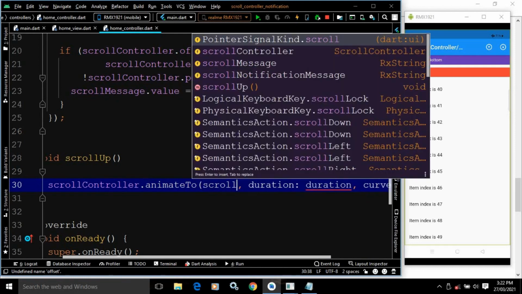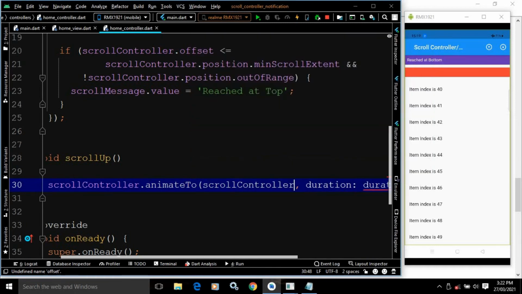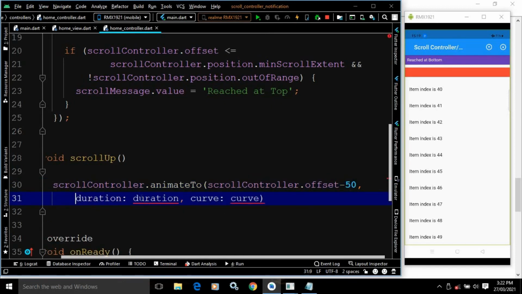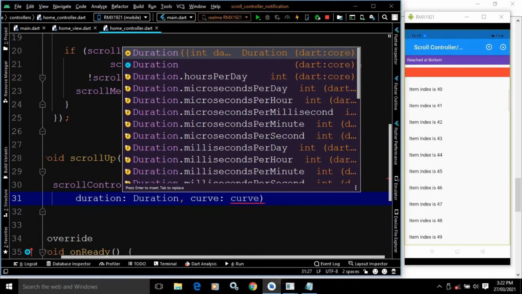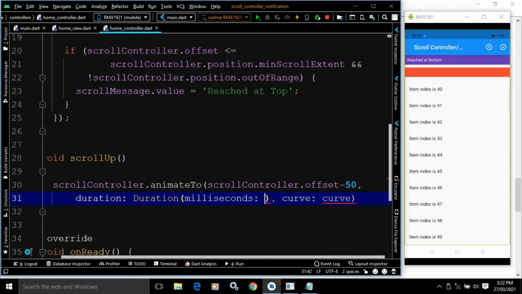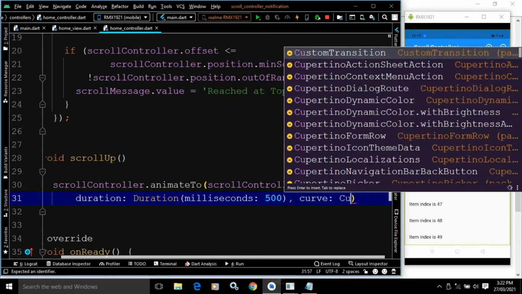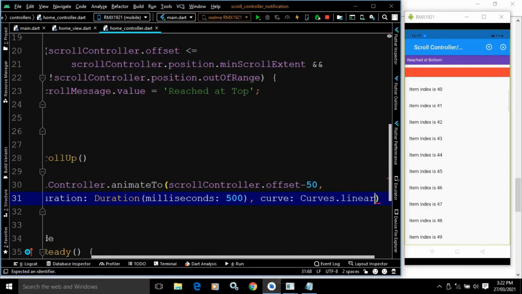So here I am writing scroll controller dot offset minus, by how many pixels you want to scroll up. So here I am specifying the pixels as 50. In the duration I am specifying 500 milliseconds, and in the curve I am specifying Curves dot linear.